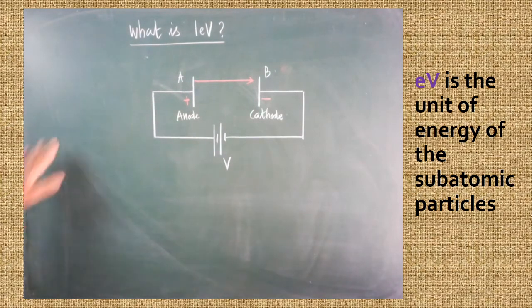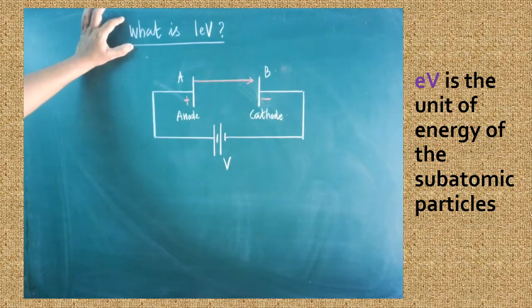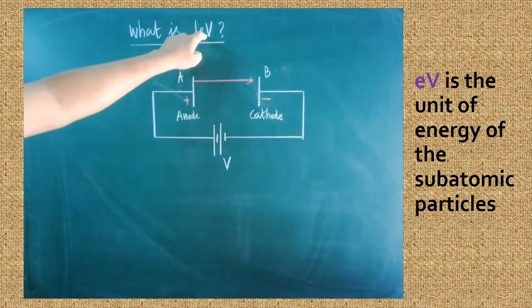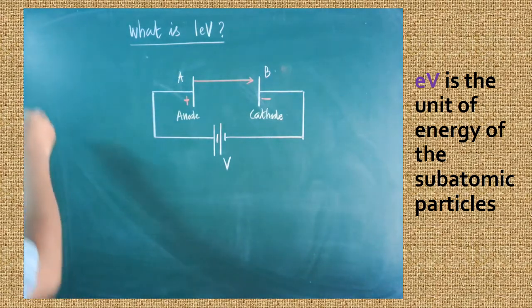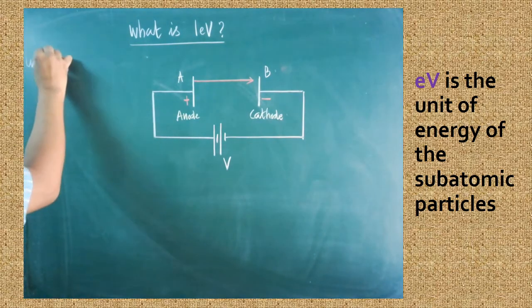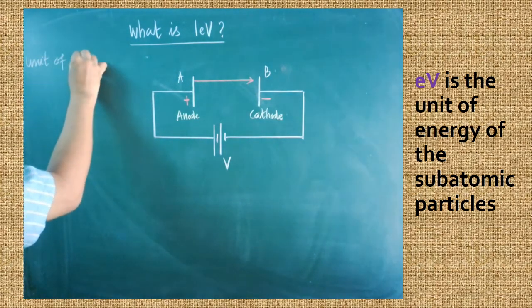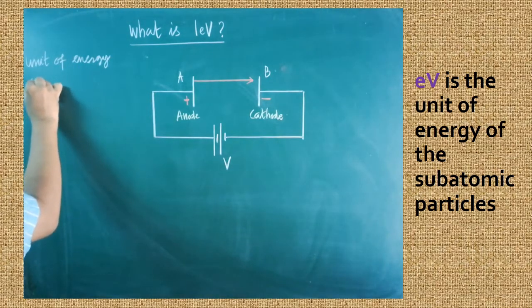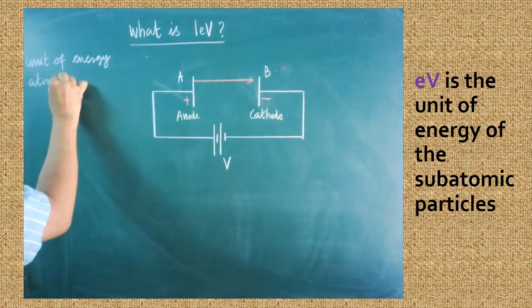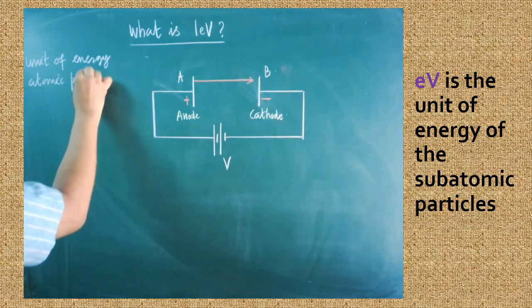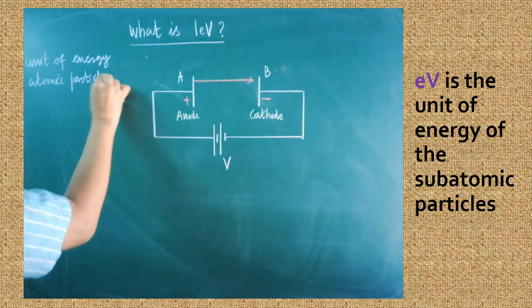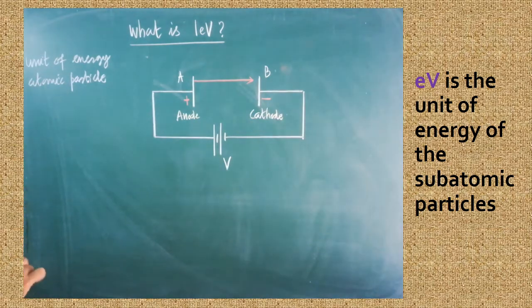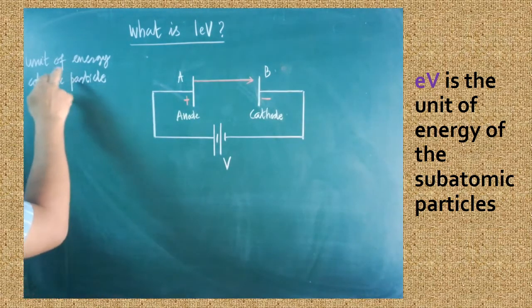Now we are going to learn one important topic called what is 1 electron volt. Already I have told that the electron volt is the unit of the energy of the atomic particles. Atomic particles means protons energy, electron energy, all the subatomic particles energy, they have to be measured only in terms